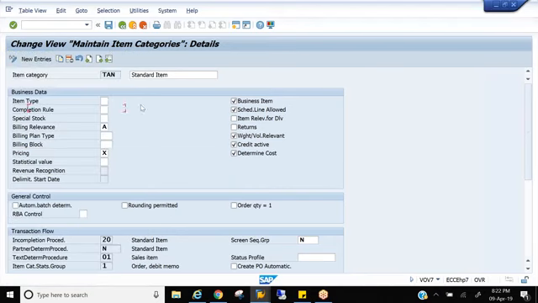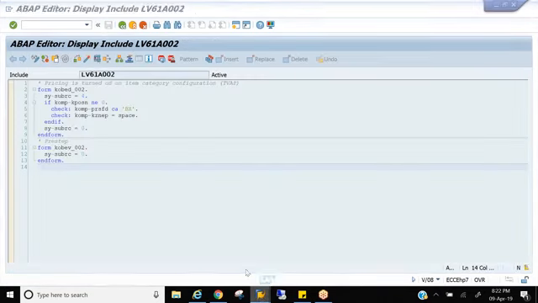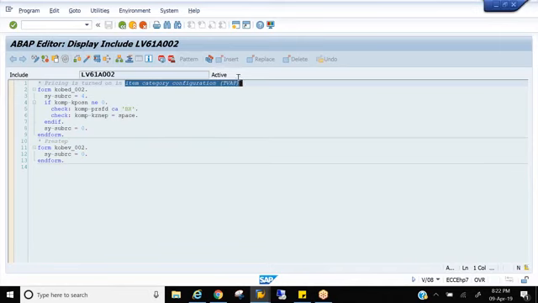So the system is telling you to go and check in the item category configuration table TVAP whether pricing is turned on or not. If I want pricing on, it should be X. If it is B, is that pricing on or off? B is for free goods, TANN.